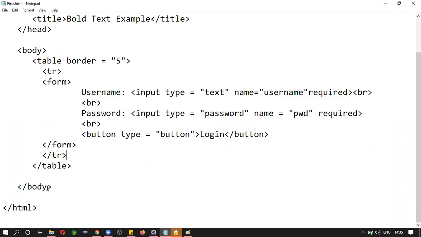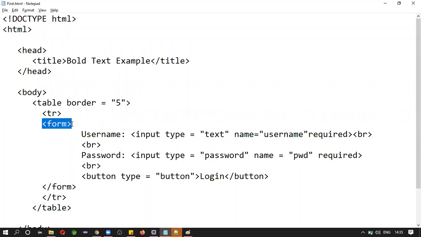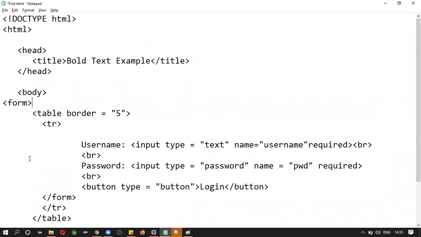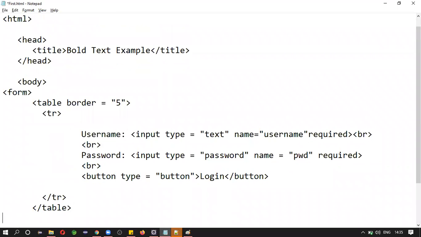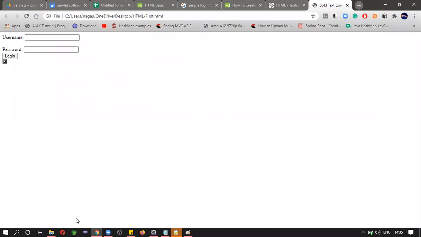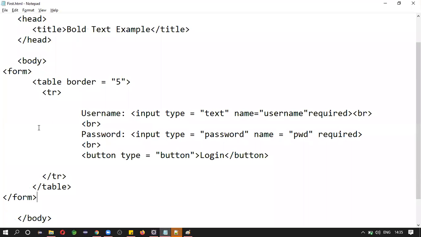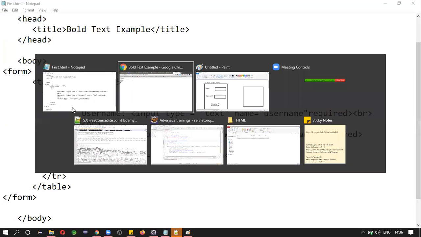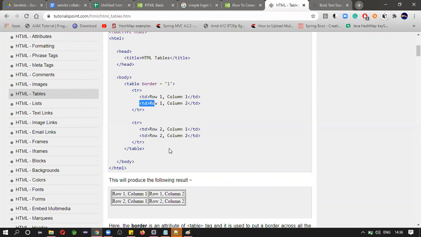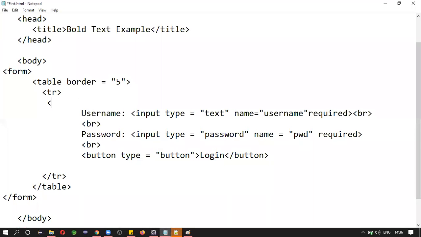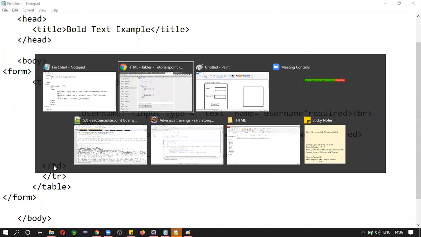I think the table is displaying separately. Now you can see.